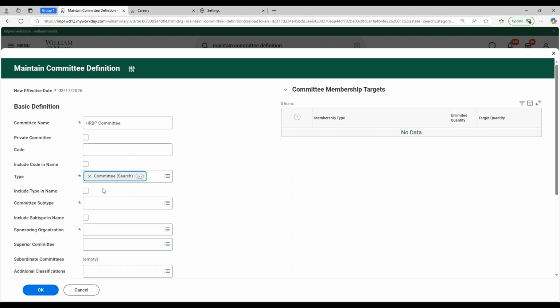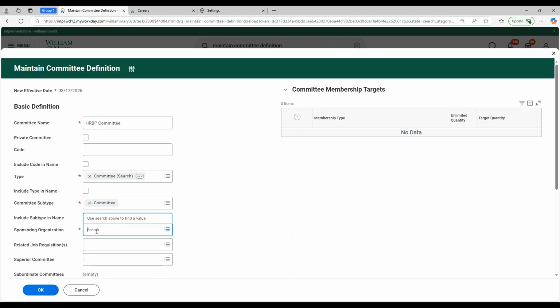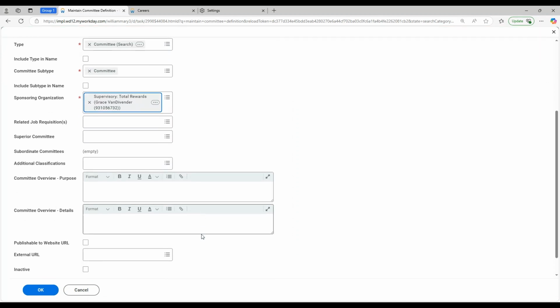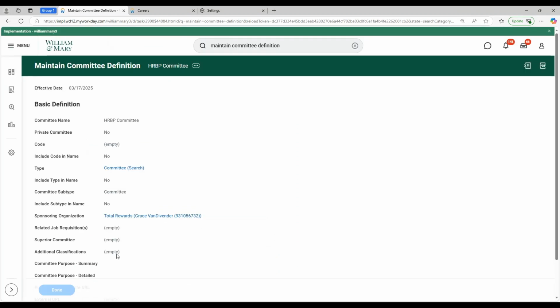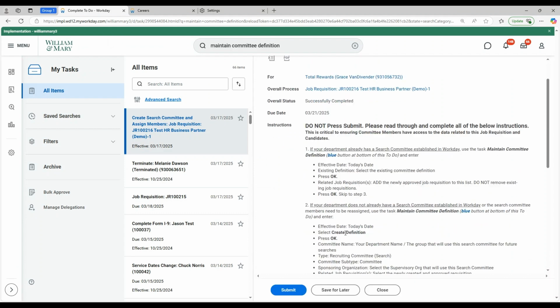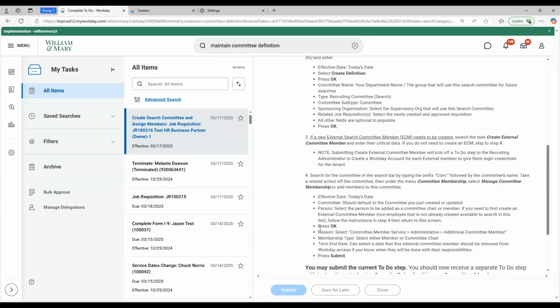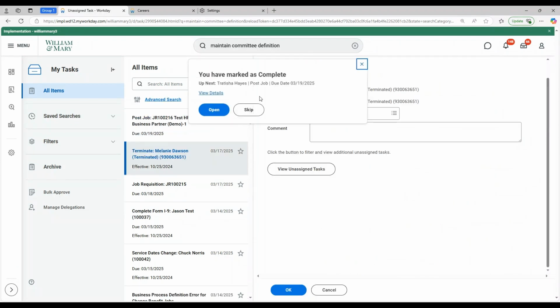And the type is going to be committee, as well as the committee subtype. And remember our sponsoring organization is Van Divender. Okay. And we are done. And then we're going to hit submit. And so now it's been marked as complete, and we'll go on to the next step,